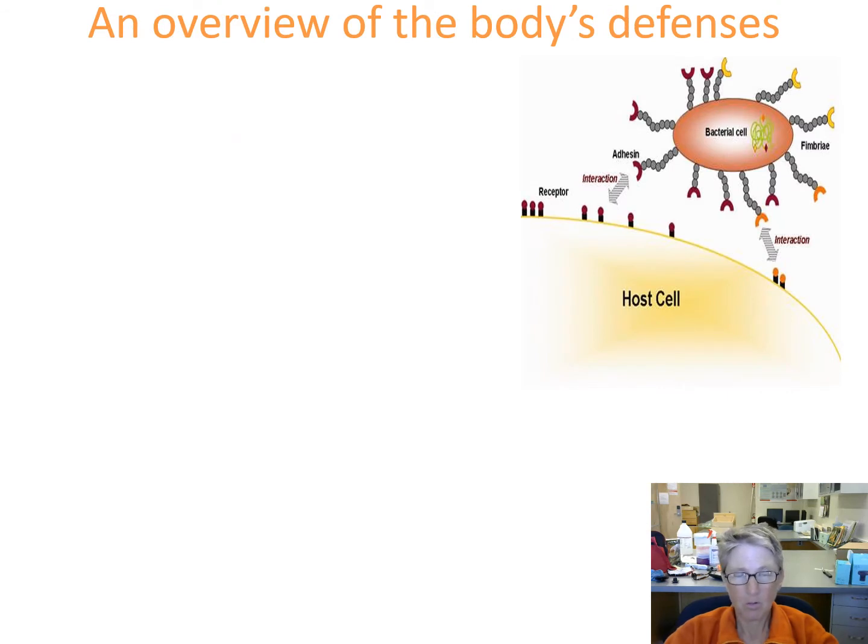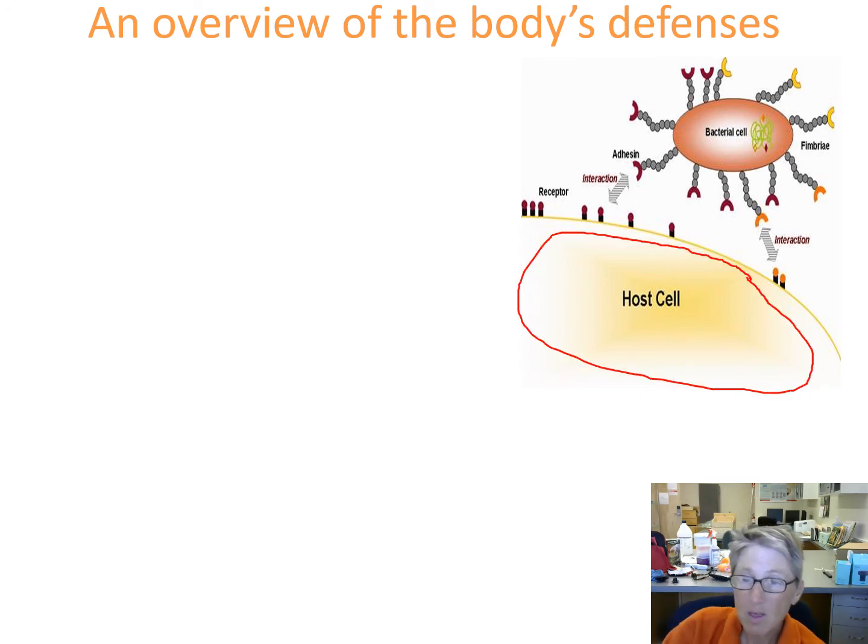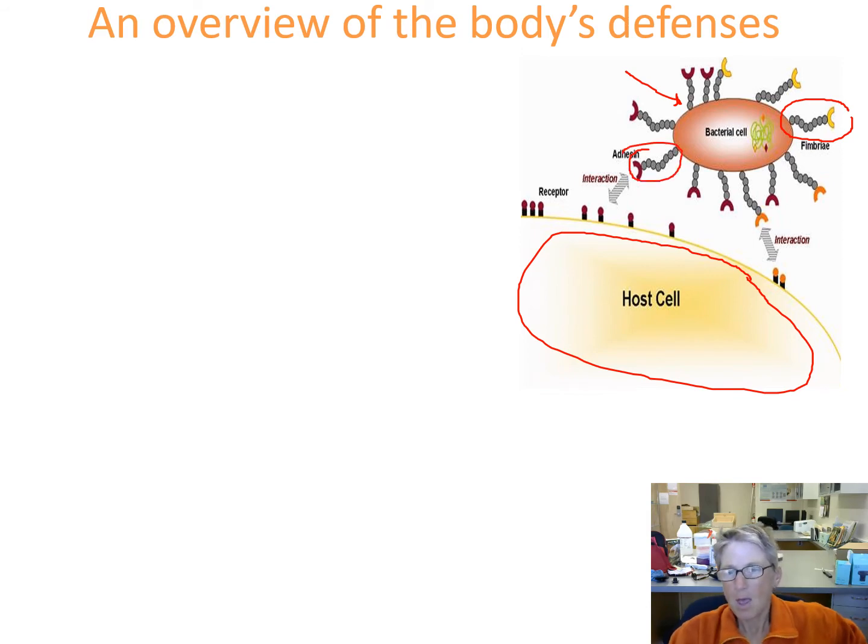So we're just continuing an overview of the body's defenses. So I like this cartoon. Check it out. Here's your host cell. So that could be a cell in your body. And here's the dreaded bacterial cell. And look at all this stuff it's got sticking off of it. It's got these fimbriae. So these guys right here, these fimbriae. It's got adhesins. So these fimbriae and adhesins and other sticky molecules can allow the bacteria to stick to a receptor on your